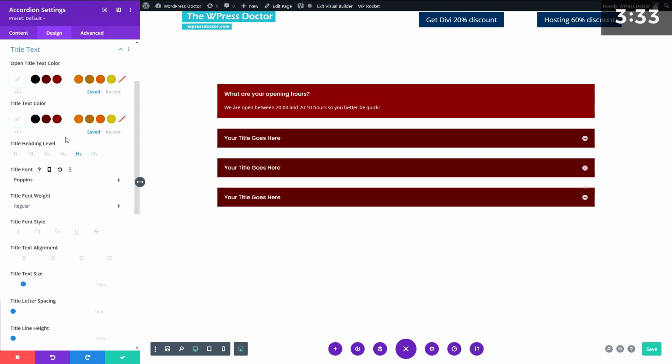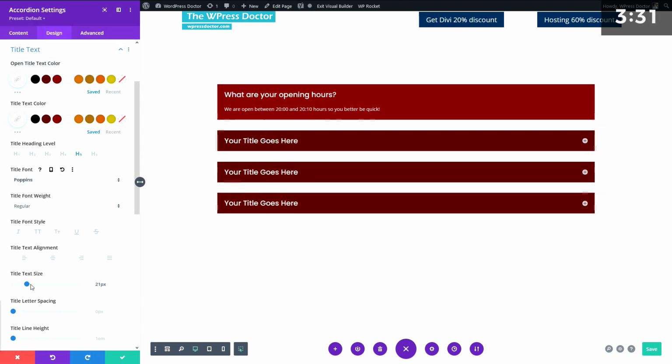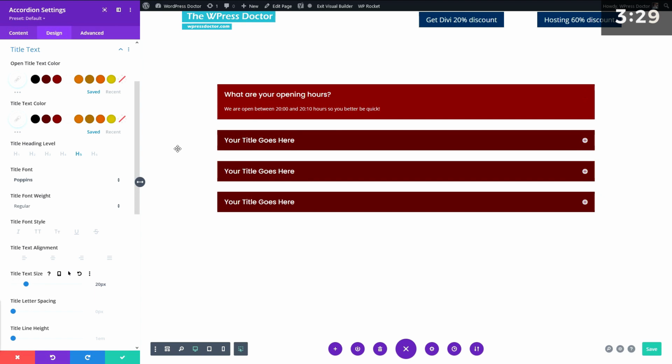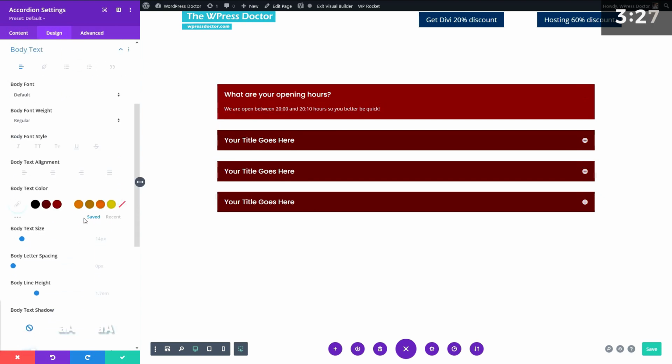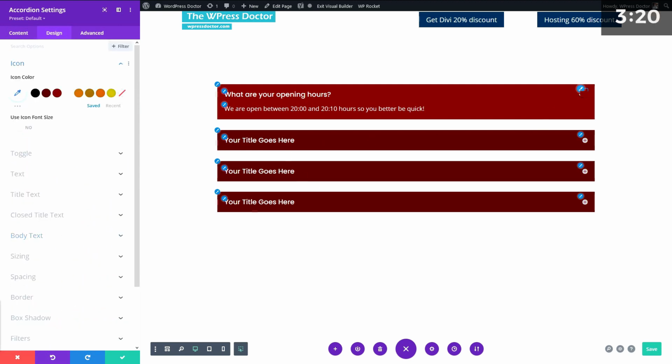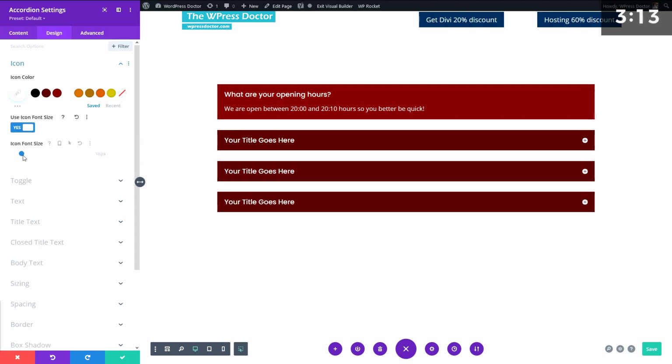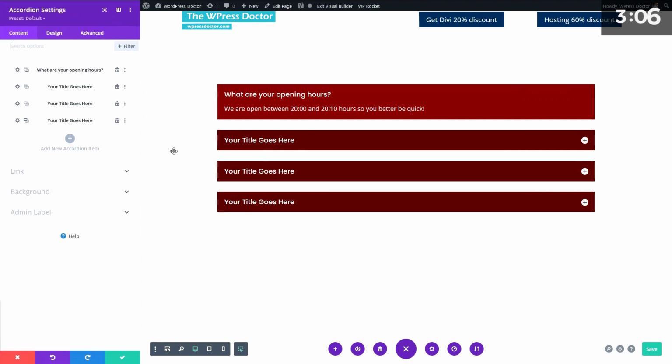And then I want these titles to be Poppins. It's a very popular font. And we're gonna make it a little bit bigger, but not that big. All right, so this is very clean. This is a little bit small, 14, so let's make it 18. As you can see now, you can change all this, and you can of course change the icon. Change the icons used in your toggle. You can also change the icon font size to make it bigger or smaller, but I think this is all right. The most common question I got asked is, is it possible when people load the page that this one is